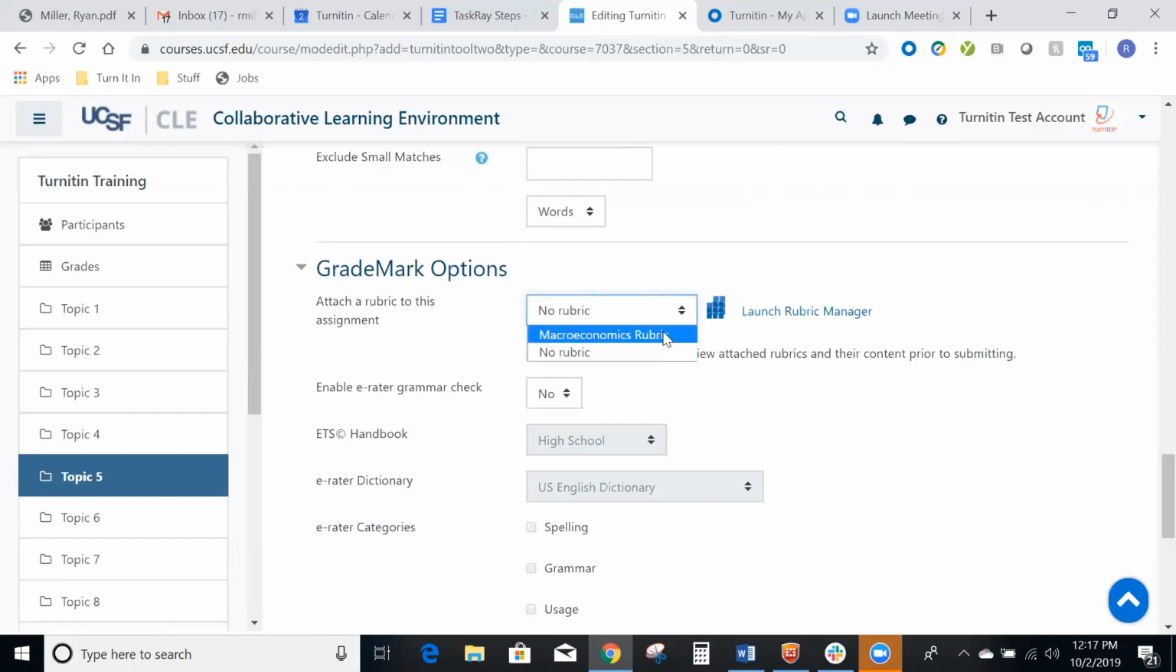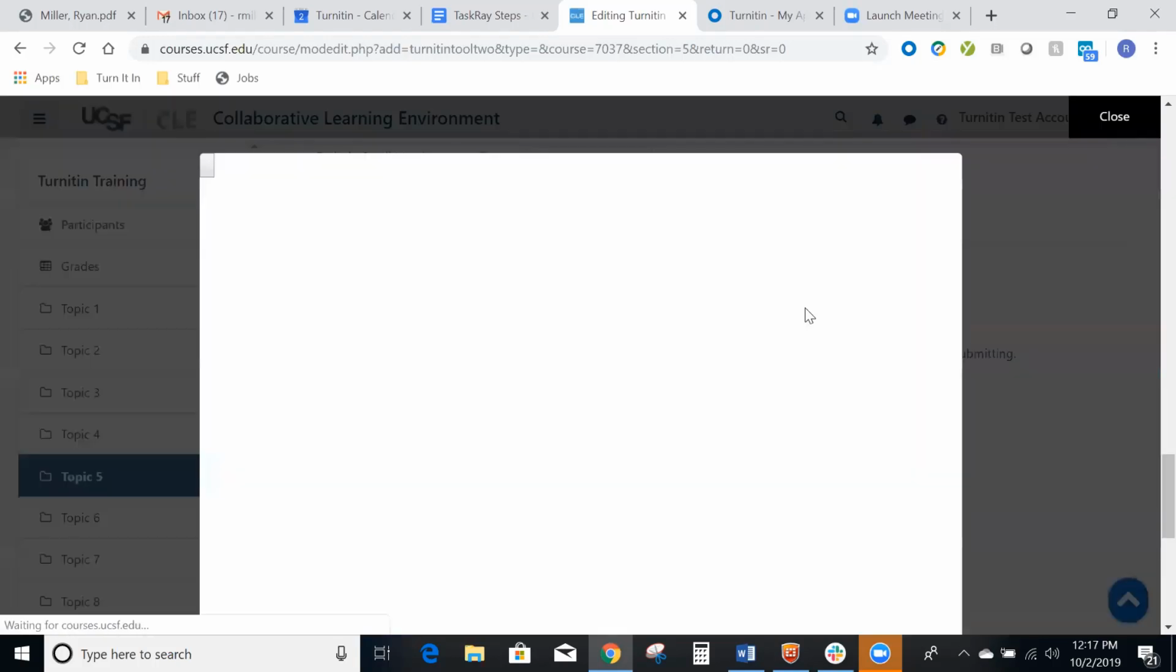I've added a rubric already, so that appears in my dropdown. And if you add any rubrics, they'll follow you from semester to semester and from course to course. So I can choose to add my rubric here. You do have a Rubric Manager that you can access. If you click on the Rubric Manager,